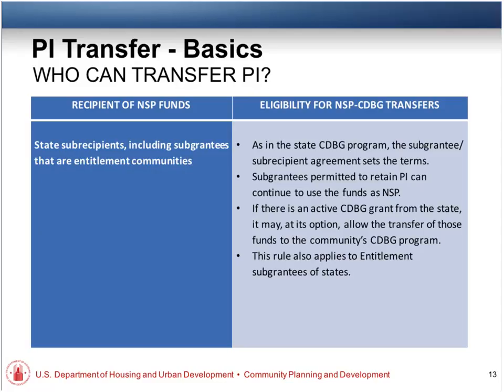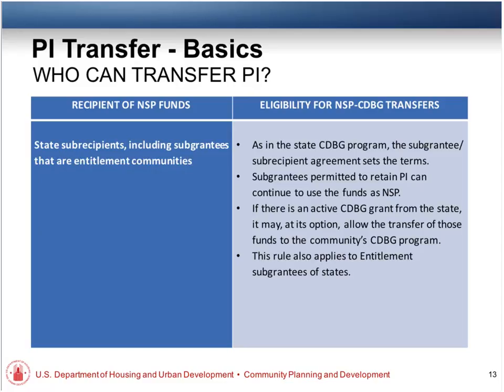So it's just a question of, we assume if the state asks us that they're willing to give you permission, and this is another kind of bulk ask that we have anticipated could possibly be a bulk ask that we're going to have to work out. But if it's just program income on hand and you'd like to transfer it to your existing CDBG grant program and you're a small city and non-entitlement, or an entitlement, but you got the money from the state, you're going to have to go to the state first stop.